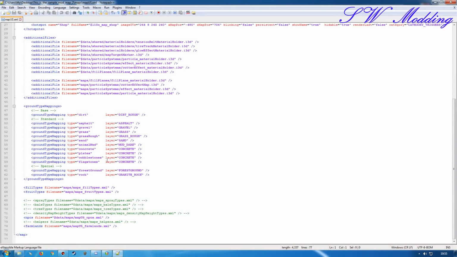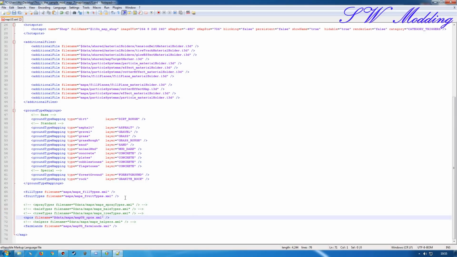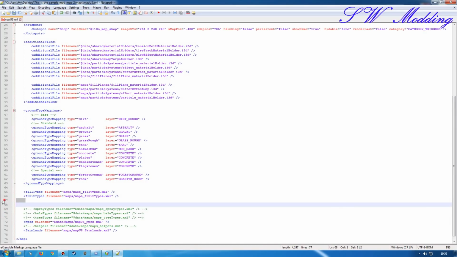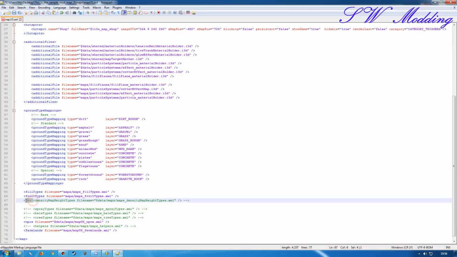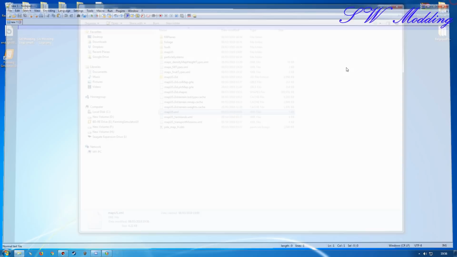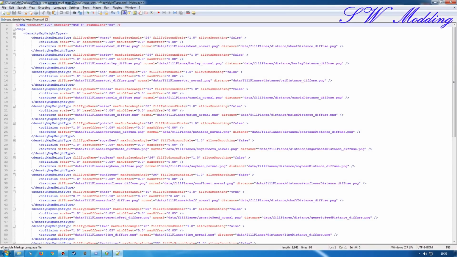So we'll open this one up again and then come into here. I'm going to cut that, make a new line, and then we'll paste that into there like so. And then again I'm going to need to remove all of these parts to make it active again. And I can just remove the $data from there, so it looks in my maps folder and then this XML. So we can go ahead and save that, close that down, and if I open this one up you can